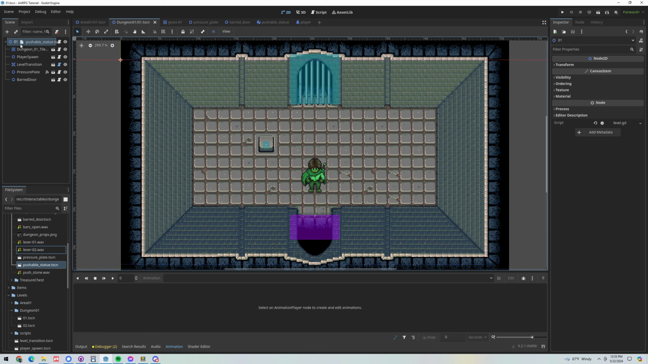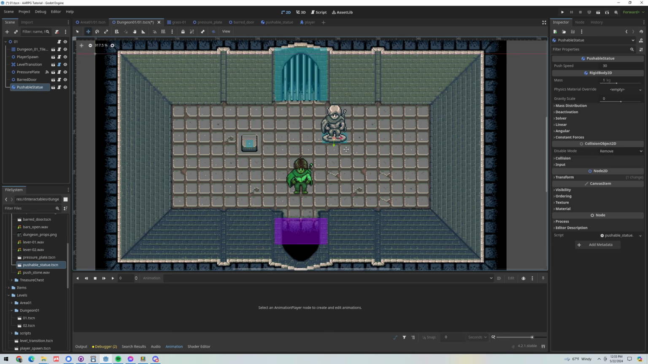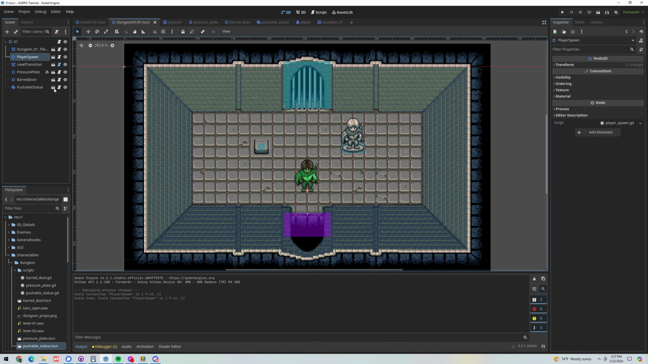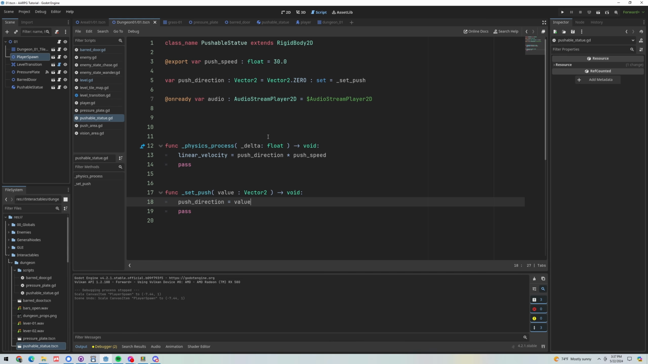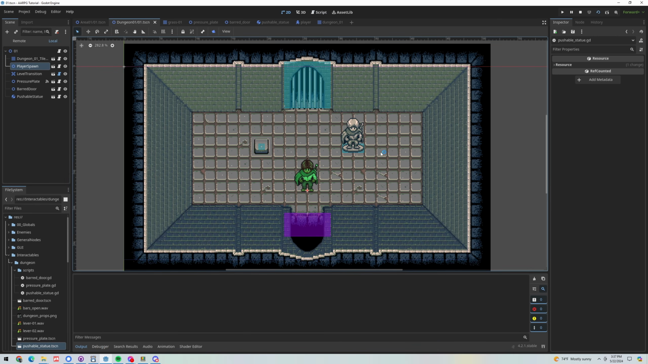Pushable statue. Boink. Grab that guy. Let's just set it right, I don't know, over here. Something like that. I'm just going to pop back into our pushable statue. So we've got a push speed and we're going to move in a direction at that speed. So if we run this scene and